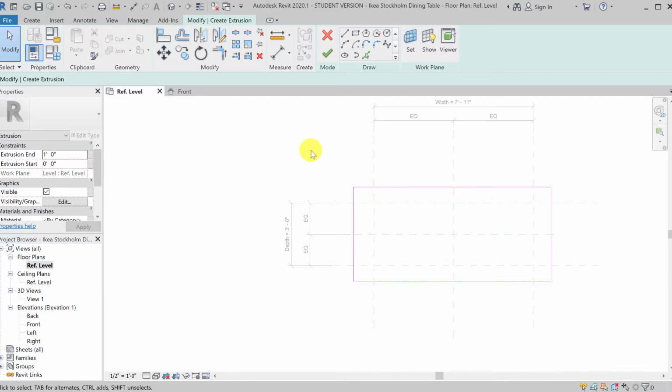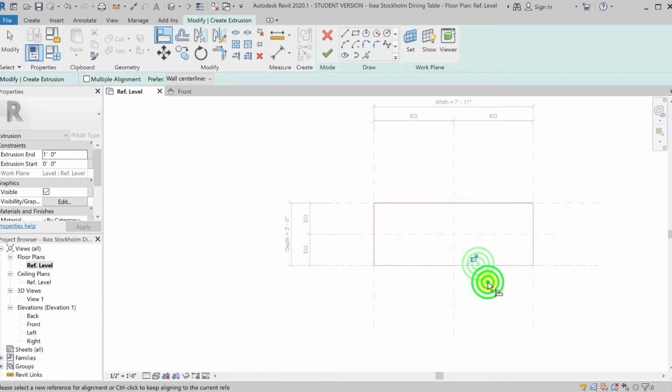And on my keyboard, I'm going to type AL for Align. I'm going to align the left edge of the table with our reference plane. Do the same for the right. Do the same for the back. And do the same for the front. Now that we have constrained the edges of the table with our reference plane, the next thing to do is to